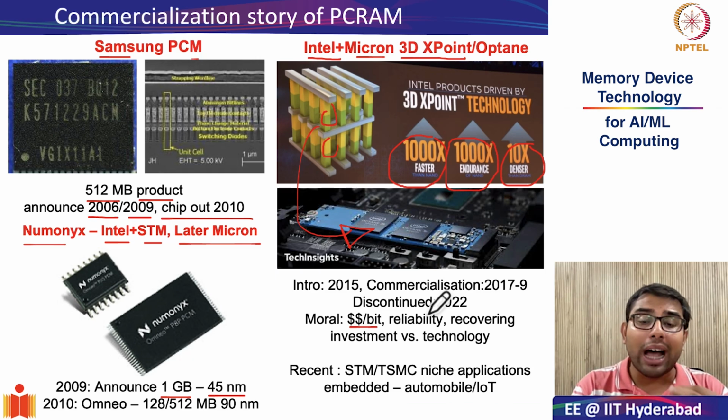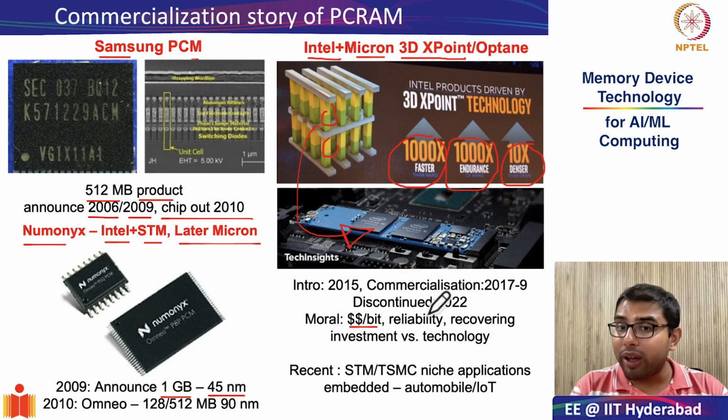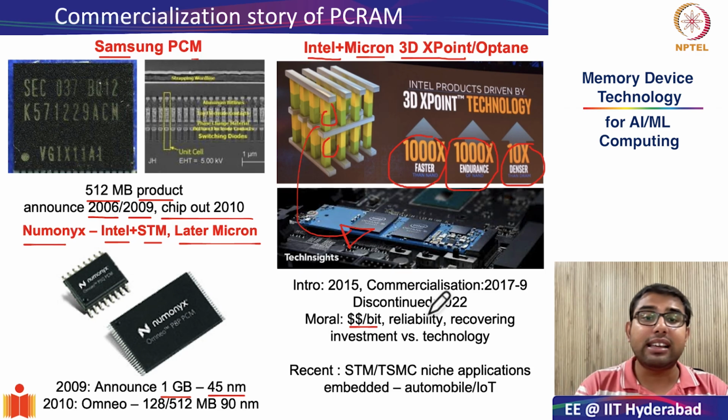So wherever you have a requirement for very fast non-volatile memory with low power consumption, it looks like PCRAMs could make a comeback. However, even in this segment, PCRAMs are going to face stiff competition from resistive random access memories, which is going to be the topic of our